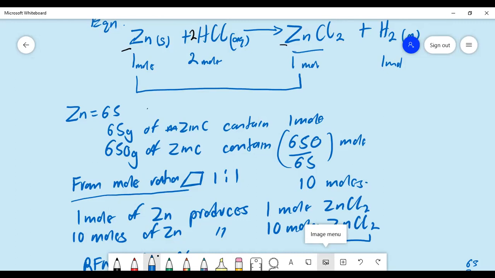Okay. Now, if you are comparing between the zinc and the zinc, like this case, let me show you this. Are you seeing this zinc here? Now we are comparing this with this. That means they have the same coefficient here, 1, 1. But if you are comparing zinc with HCl,